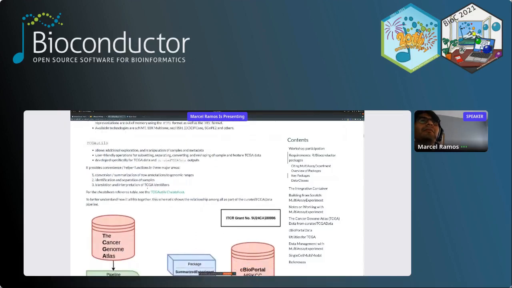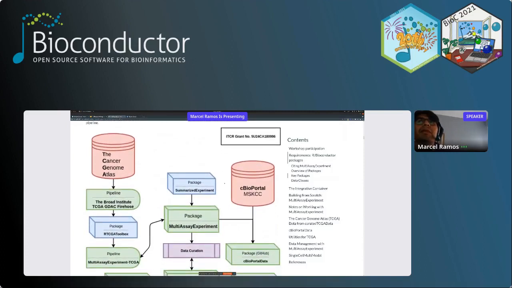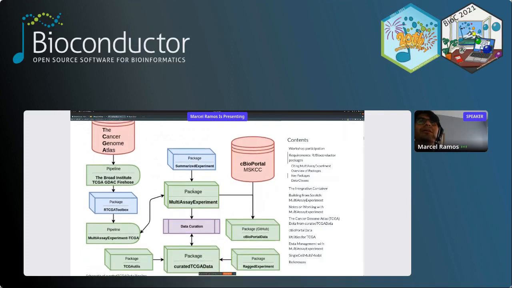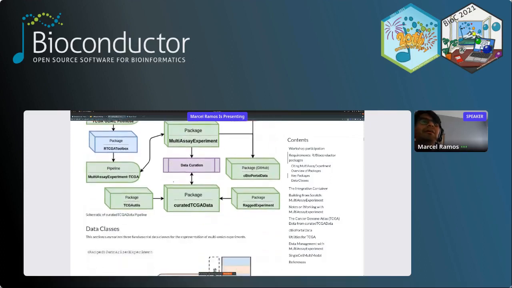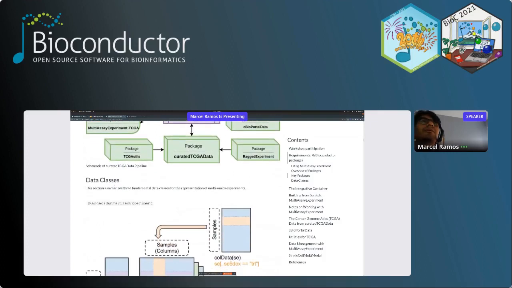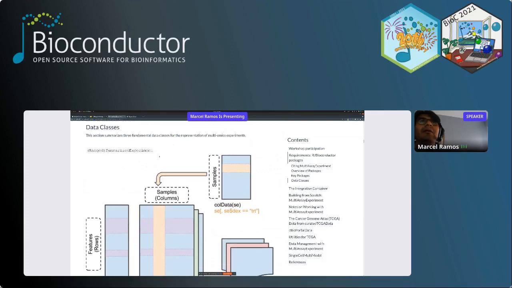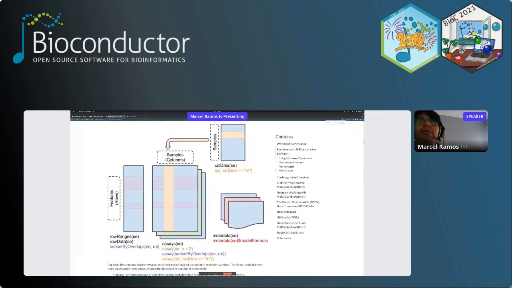And this is a schematic of what our pipeline looks like, more or less. So we make use of multi-assay experiment as the central data representation for all of these packages. So hopefully you are familiar with the SummarizedExperiment class. Multi-assay experiment is modeled after this class. And if you're not, here we have,